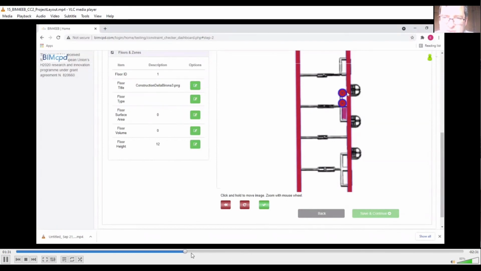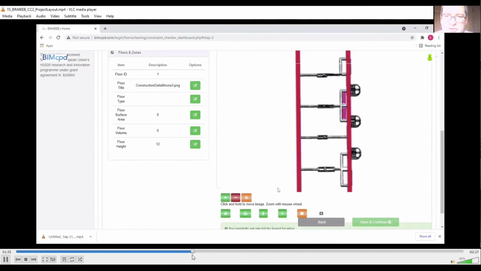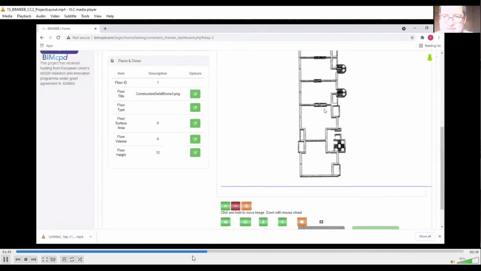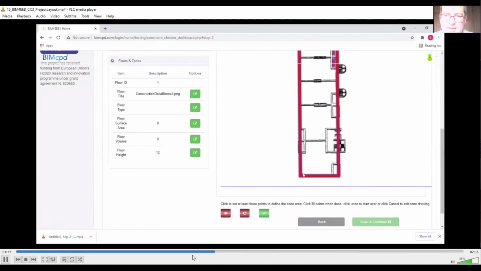So this one is the electrical board here. So that's where the ducting will go back to, or the electrical wiring will go back to, and next you set up the different zones that you want to process. So there again you click the different points to set out the zone. It has to stay within the external perimeter of the